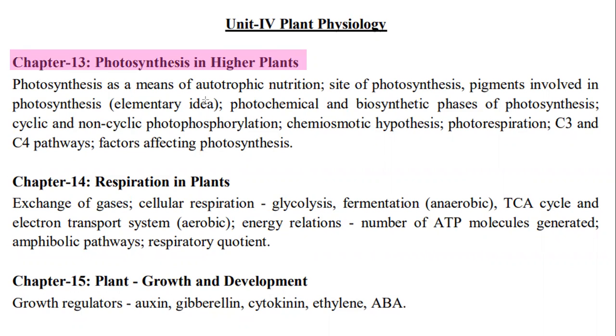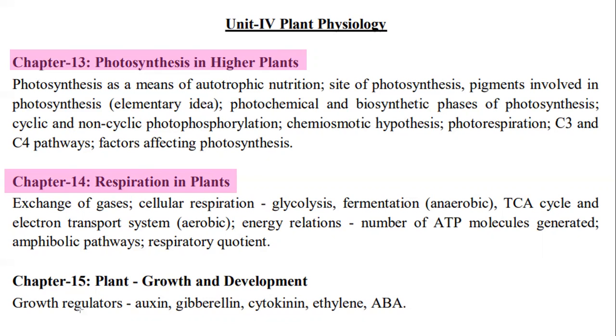And after that comes chapter 14, respiration in plants. In that case, you have to learn exchange of gases, cellular respiration, glycolysis, fermentation, TCA cycle, and electron transport system, that is aerobic, energy relations, number of ATP molecules generated, amphibolic pathways, and respiratory quotient. Almost all the chapters you have to cover from the chapter